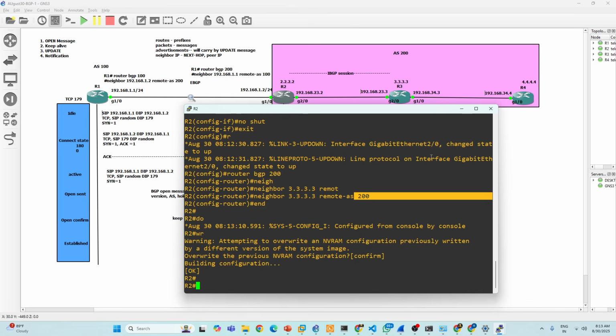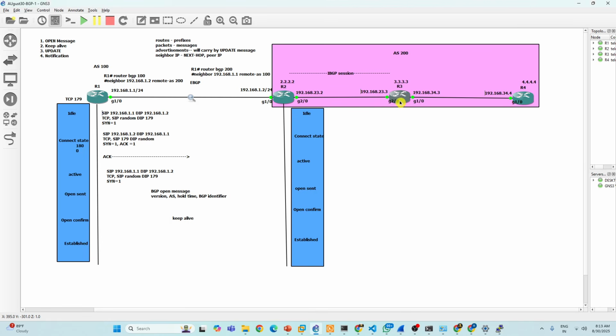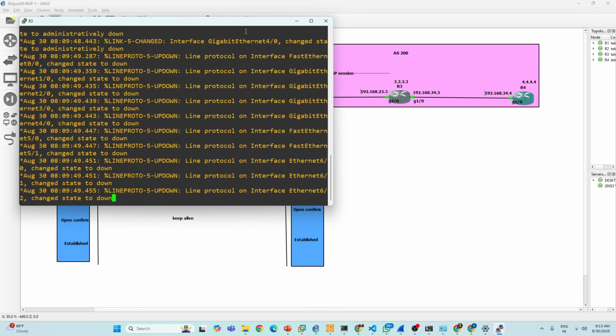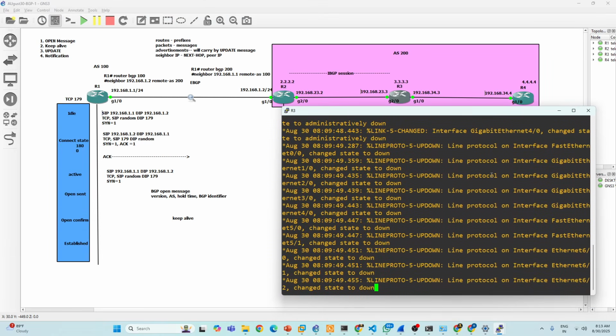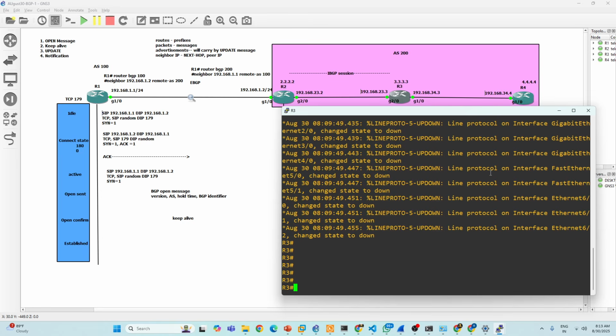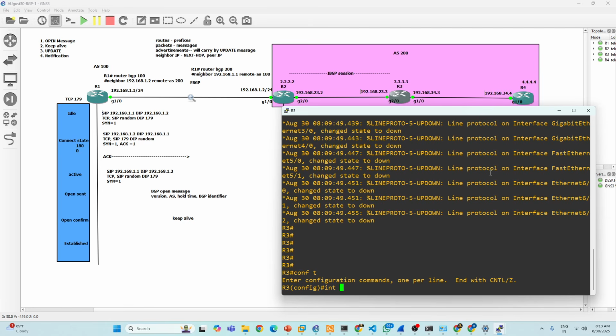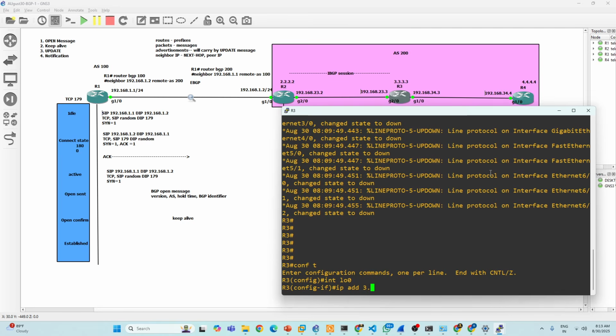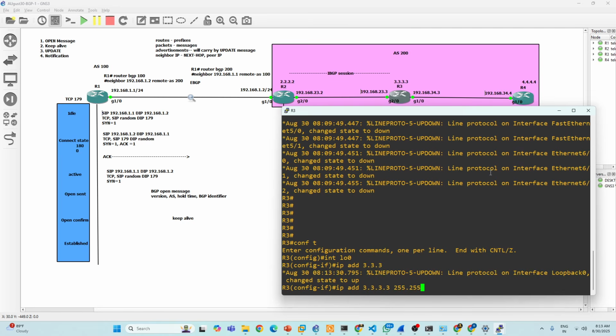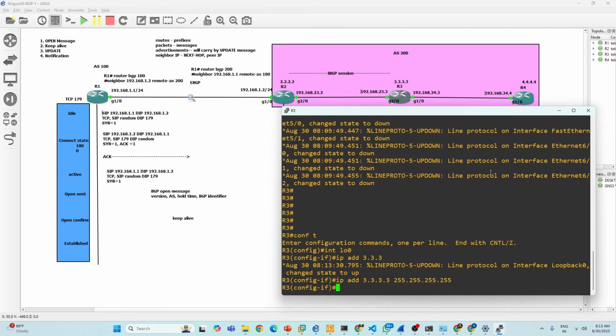Now on R3, guys, you must carefully watch what I'm doing right now. Very important logic I'm going to give you here. Interface loopback 0. If you miss a single point, it's very difficult to understand. Please focus.